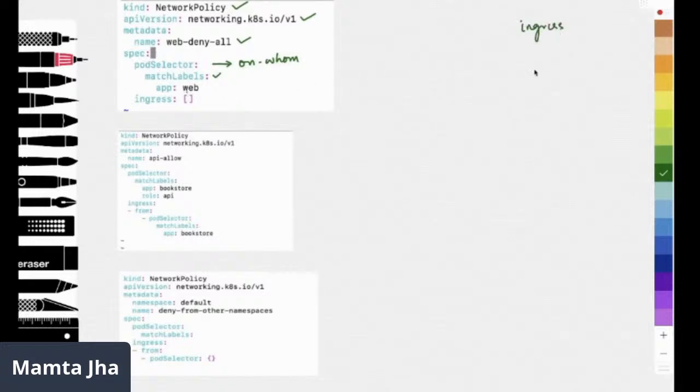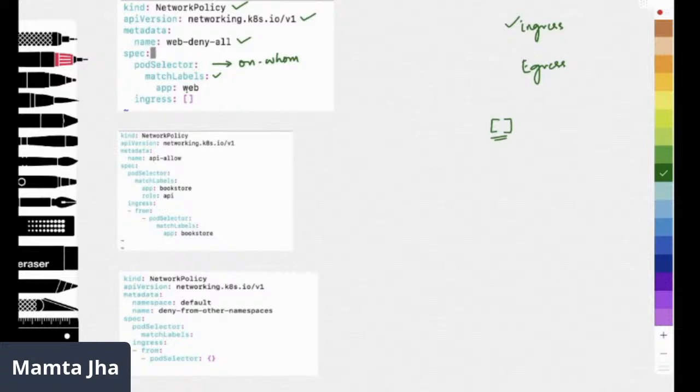Policies can be of two types, Ingress policy and Egress policy. First, we will see about Ingress. A few of the examples which I would be taking up would be of Ingress. So Ingress is empty. Empty square braces mean nothing.